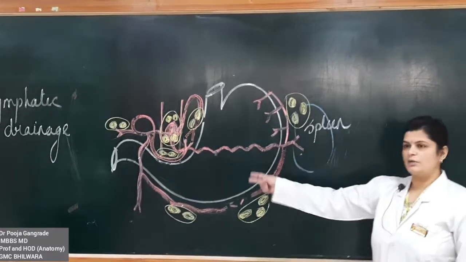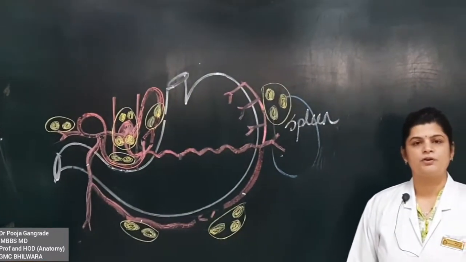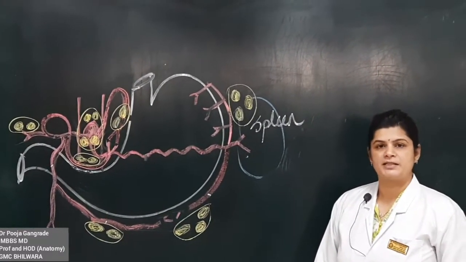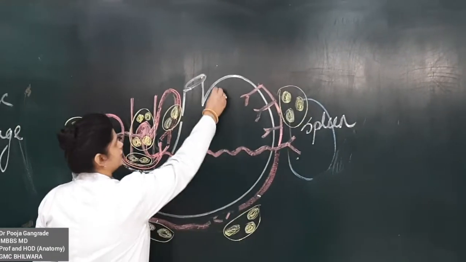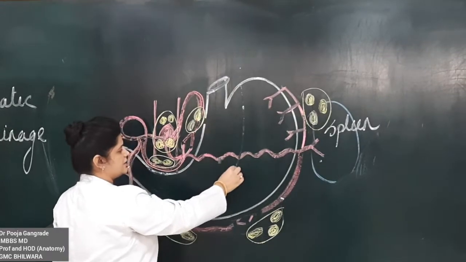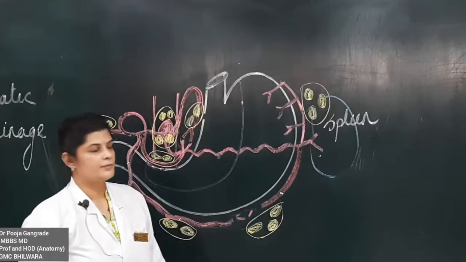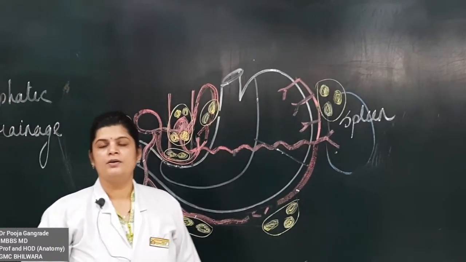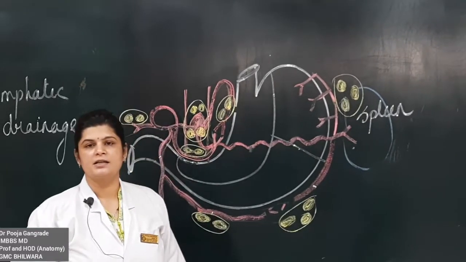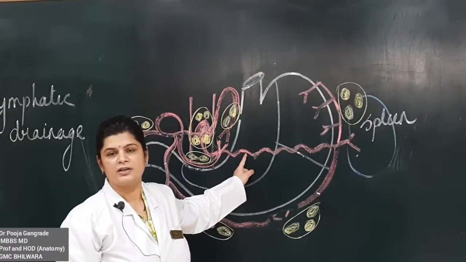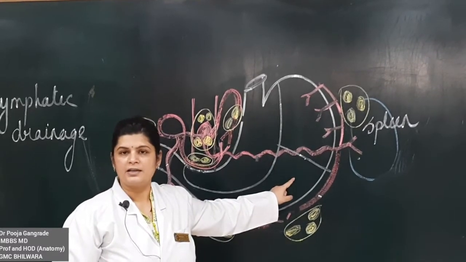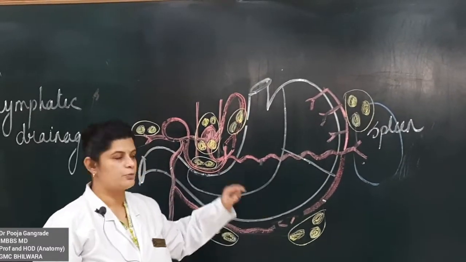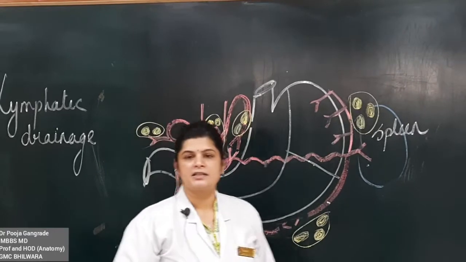Okay, so we'll repeat the same diagram that we used for blood supply so that it is easier for you to understand what groups of lymph nodes are present. So first of all, the stomach is divided into three parts by a horizontal line, which divides the stomach into a left and a right segment. Here again, the right segment is divided into an upper portion and a lower portion. So the stomach is divided into three segments.